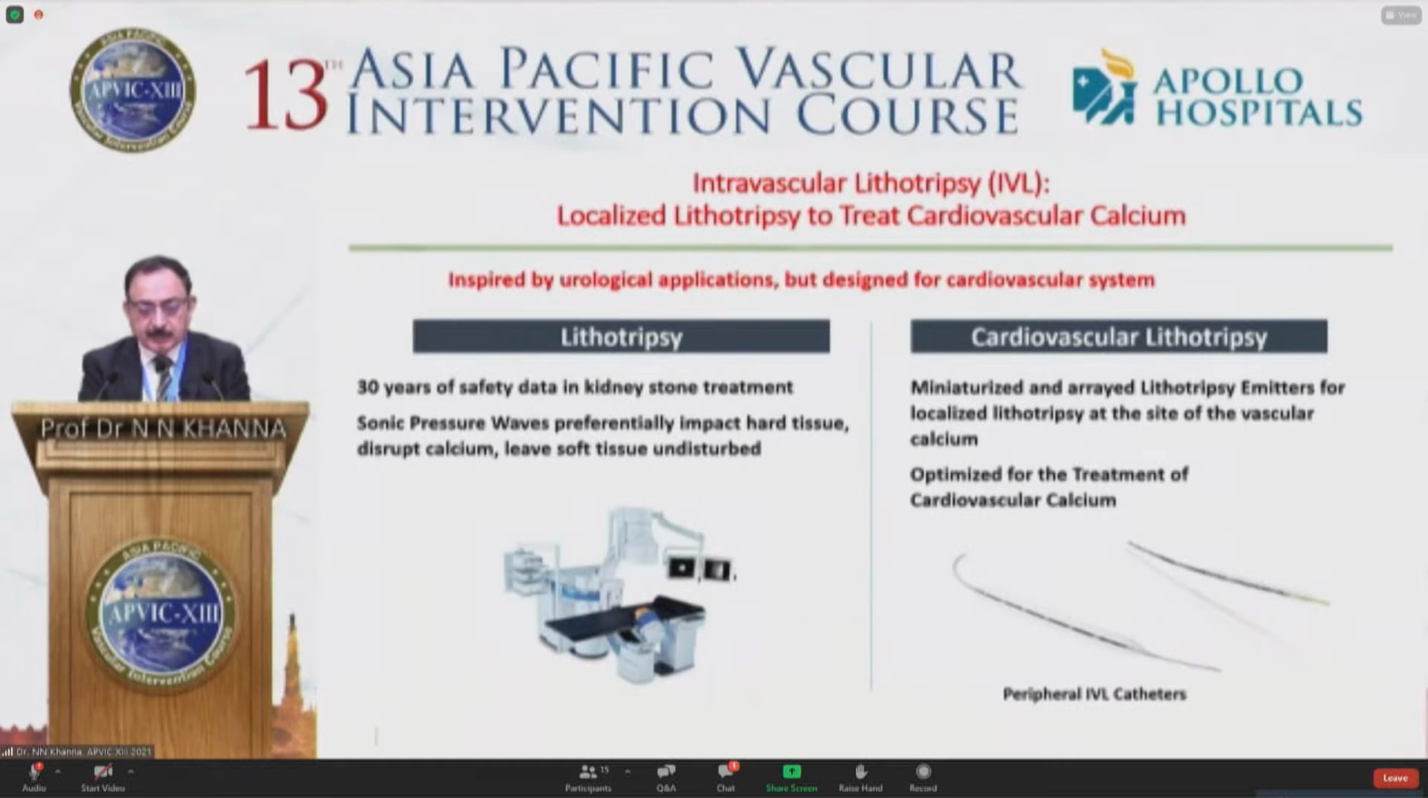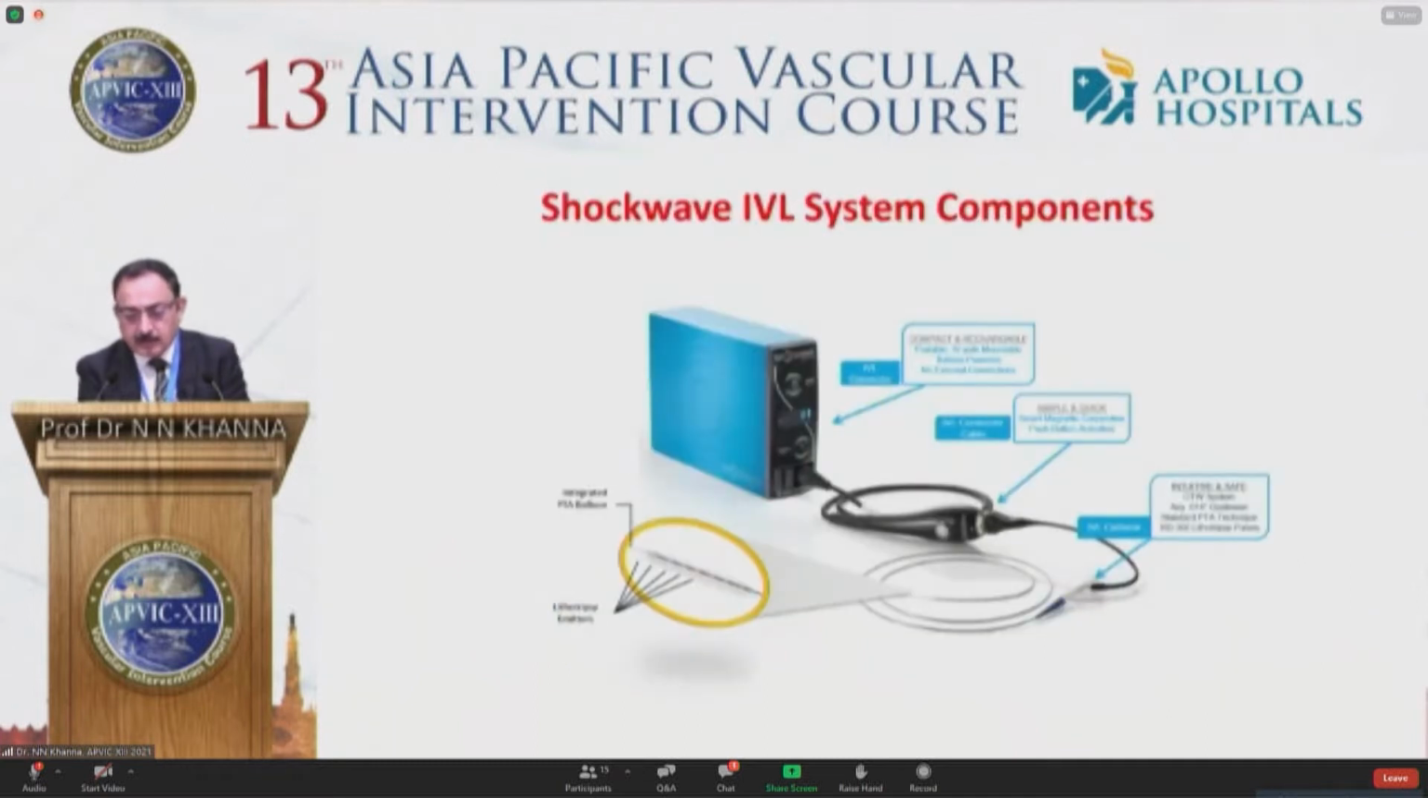deeper calcium. And we all knew that lithotripsy for the last 30 years has been working on very calcified stones in the urinary tract. And that technique was miniaturized on a catheter-based system, with miniaturized and arrayed lithotripsy emitters for localized lithotripsy at the site of vascular calcium. It took about 2 decades to miniaturize the same technology. And then we came up with catheters, both for coronary and peripheral use for tackling difficult calcium in these vascular